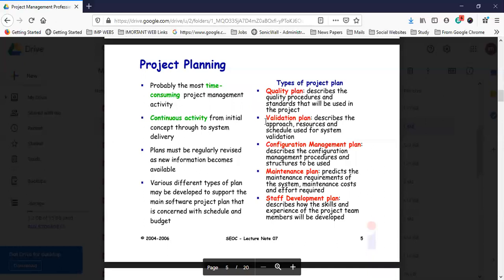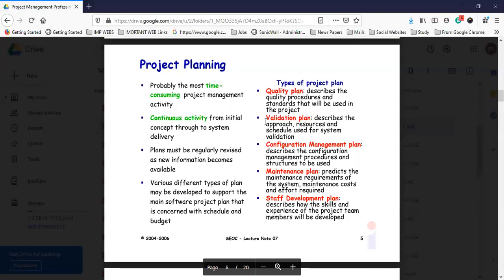Most of the time is spent by your top management and middle management, who think about what needs to be done, how we can work on it, and the number of things you need to think about. So you can do brainstorming sessions for the planning. There are a number of activities, and it is a continuous activity from the initial concept through the system delivery. So planning is basically a continuous activity.